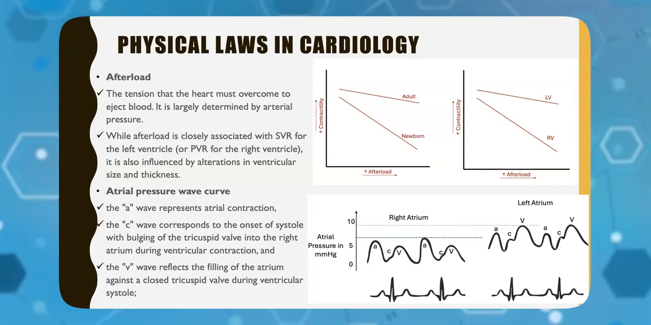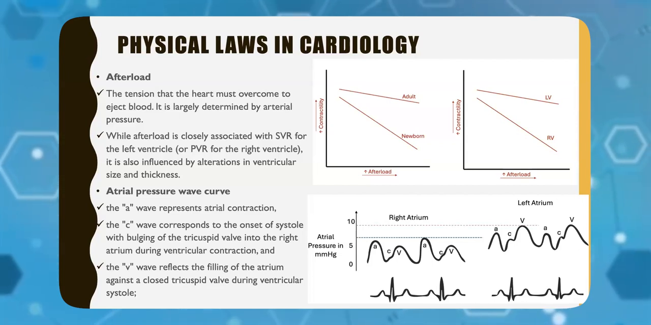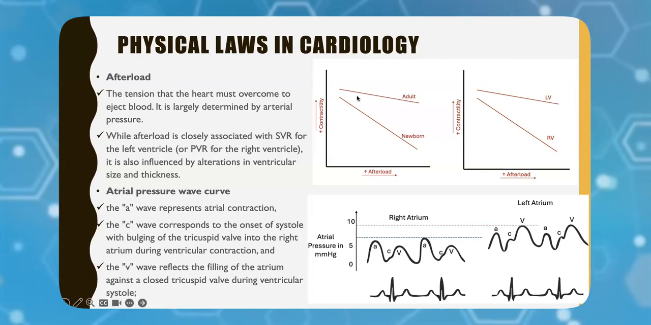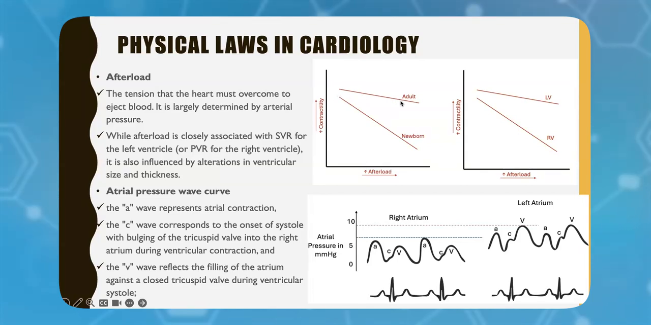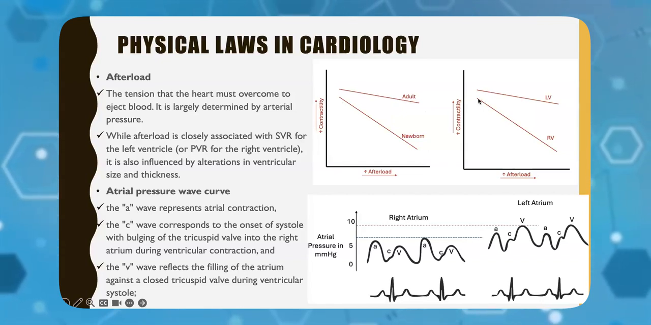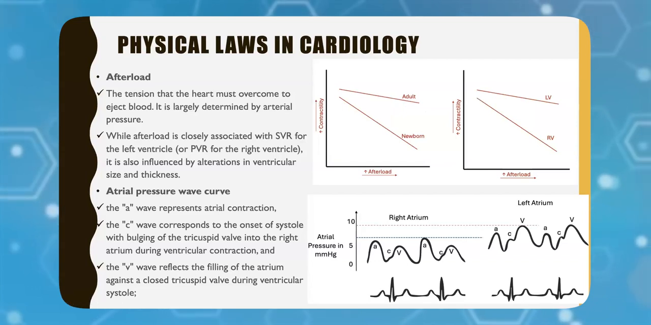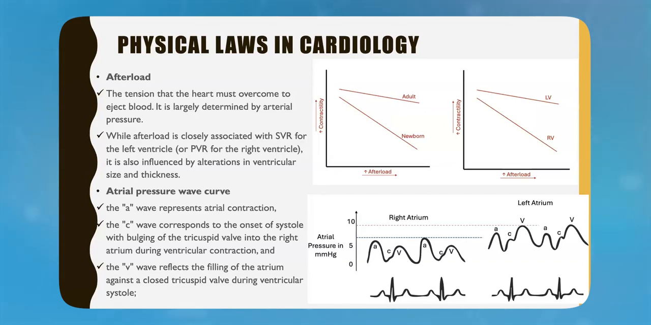So afterload, for which one is higher? Obviously, for the left ventricle it is higher. So the left ventricle is thicker, bigger, has more power generating capacity. And this is how, with increases in afterload, contractility keeps on decreasing in adults, but not so much. It drops very sharply in the newborn and it drops very sharply in the RV, that is the right ventricle, which has thinner muscular walls. So with a rise in pressure, there is more chance of failing of a newborn heart or of a right ventricle,